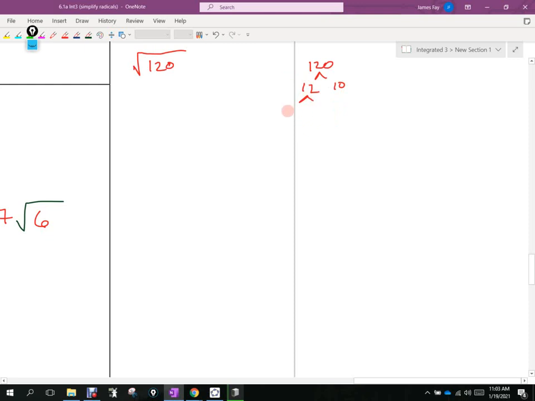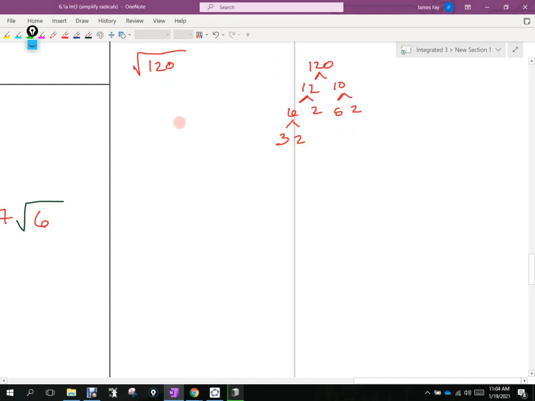What's 12 break down to? 6 and 2, that's fine. What kind of number is 2? Prime. Okay, so I'm going to stop with the 2. 6 is composite though, right? What's it going to? 3 and 2. Okay? Come back and look at the 10. 10 goes down to 5 and 2. Okay? So now all these branches are